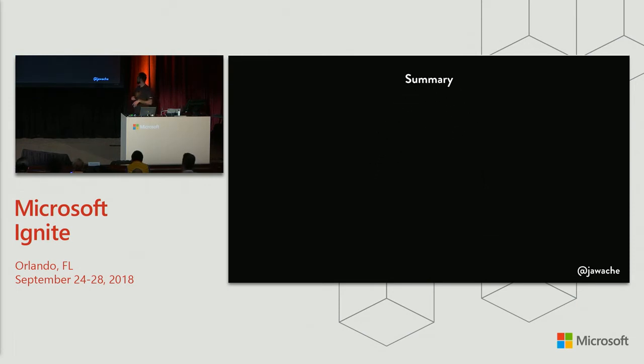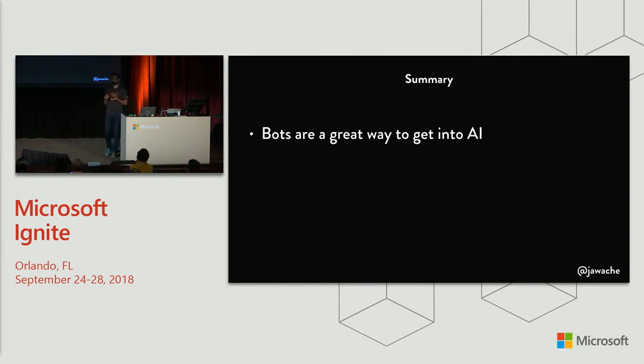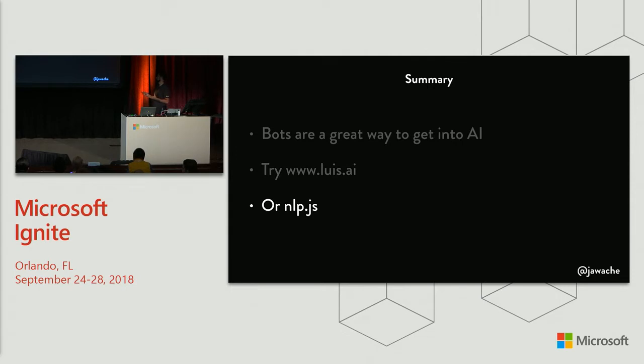So to summarize, I really love Lewis AI and chatbots because they're a great way to get into AI, because we all want to dip our toes into it and start moving into it slowly. Okay? You do start to think about certain ideas, like you have to think about utterances, you have to think about tagging, you have to understand training. So it starts dipping your toes into it, but a lot of other things are handled for you by wrapping things up in APIs, and it allows you to build pretty advanced stuff very, very quickly. It does help you start getting into the space. So yeah, try Lewis AI or NLP.js, or just search for some of the other ones. I do recommend that as a good start.